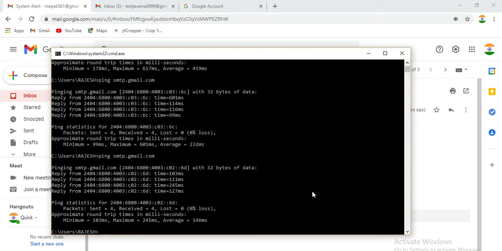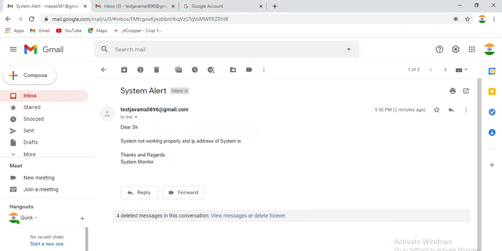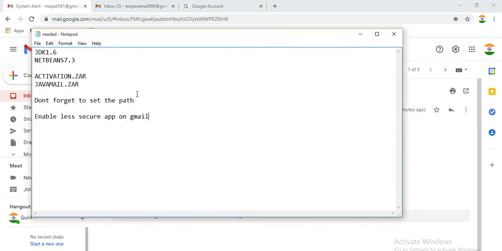Ping this service, or you can ping google.com directly, www.google.com.